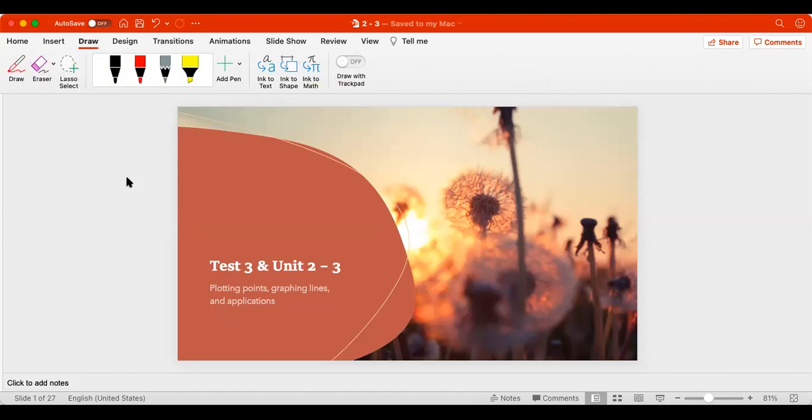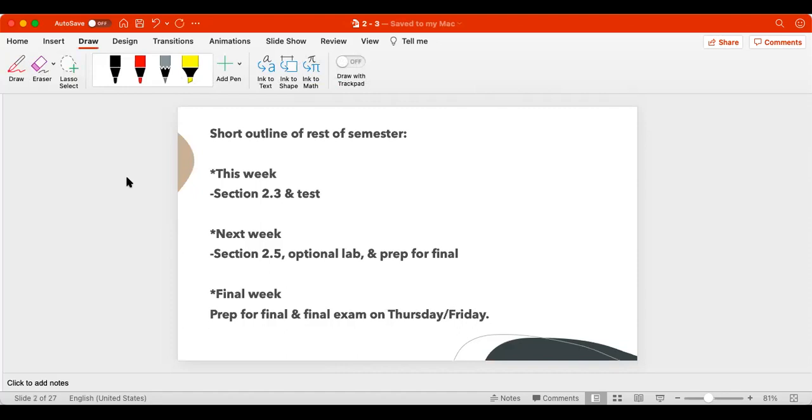Hello, so today we're going to talk about Unit 2.3, which is plotting points, graphing lines, and applications of such things. To start off, I want to give a short outline of the rest of the semester. As you know, after this week, we have 2 more weeks. This week, we had a test for the first portion of the week, Monday and Tuesday, and now we're covering section 2.3. Next week, we're going to talk about section 2.5, and then I'll also give you the ability to